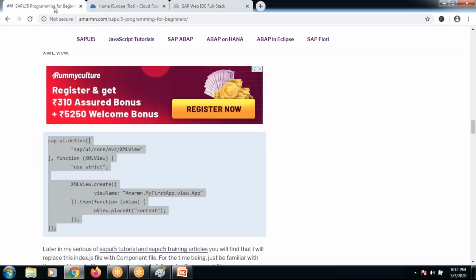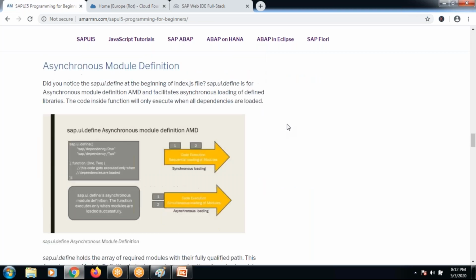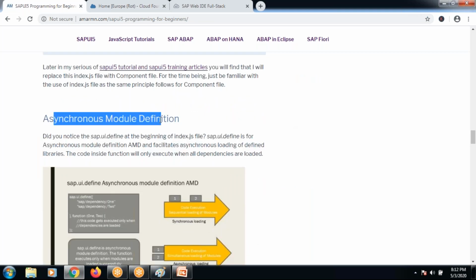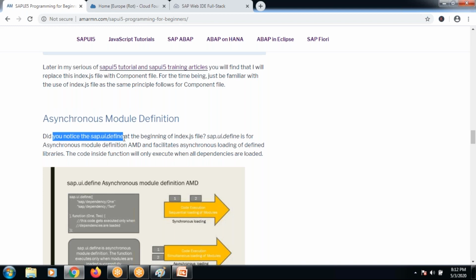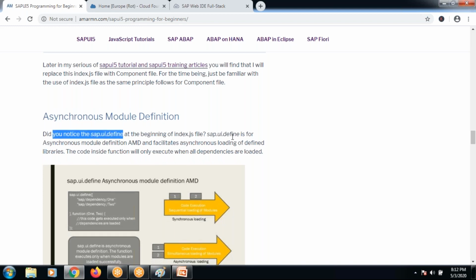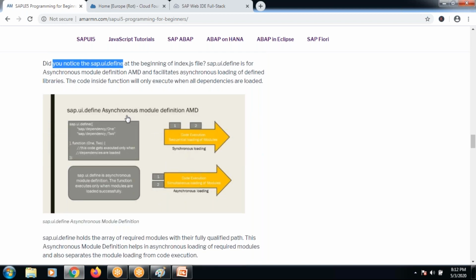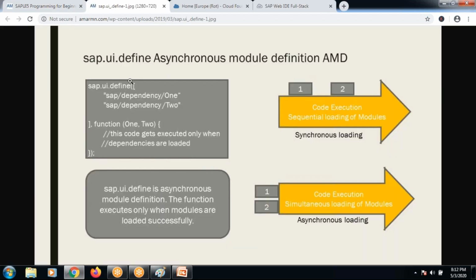So if you come back to my article, you see here I mentioned very clearly that whenever you are using a sap.ui.define function, you are basically trying to use asynchronous module definition. So this is how we actually create an asynchronous module definition. Look at this, sap.ui.define followed by brackets, and inside the bracket you keep loading whatever files you need to load. And when you load these files,